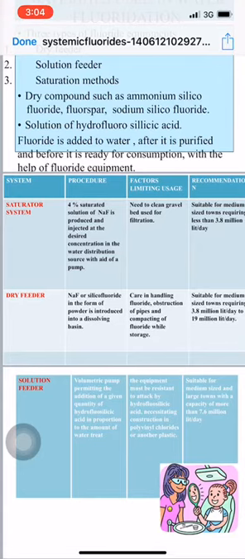Dry feeder: sodium fluoride or silicofluoride in the form of powder is introduced into a dissolving basin. Care in handling fluoride, obstruction of pipe and compacting of the fluoride while in storage. It is suitable for medium size towns requiring 3.8 million liters per day